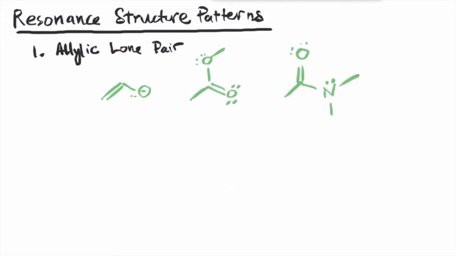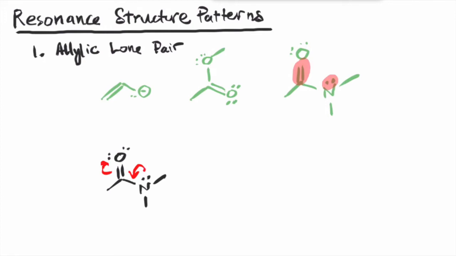And let's see one more example. Can you locate where the allylic lone pair is? Right, so this is your pi bond. So allylic to it would be the lone pair on the nitrogen. So as before, we're going to push the allylic lone pair towards the pi bond and break the pi bond